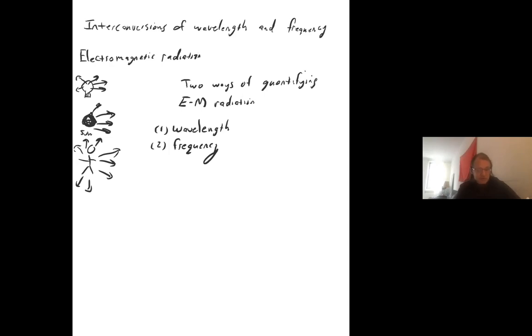Now there are different symbols that are used, but typically wavelength is lambda, lowercase lambda, lowercase L, I guess, if you want to think of it that way. This is called lambda. It's a Greek letter. Frequency is typically an F, but your textbook may use this, which is called nu. Also a Greek letter. So you'll either see F for frequency. Physics books typically use F. Chemistry books sometimes use a nu. Okay, those are two ways to quantify, to measure electromagnetic radiation.